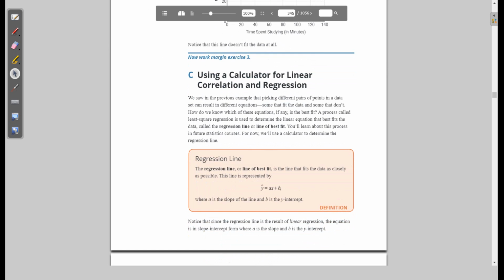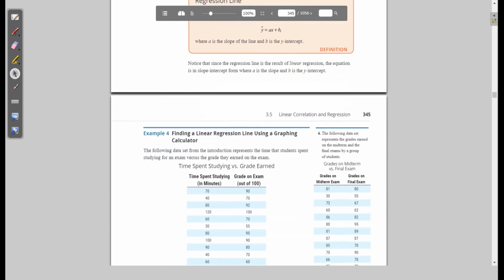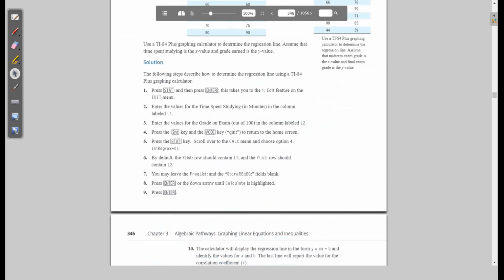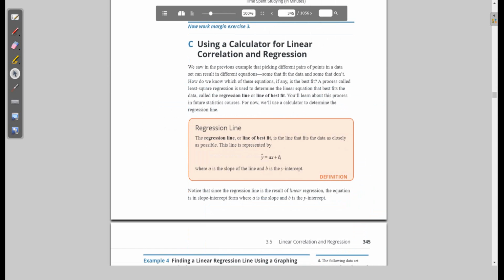All right, so using a calculator for linear correlation and regression. I'm going to just go ahead and snip this and put it on there. I'm not going to go over it though, because I don't like the fact that